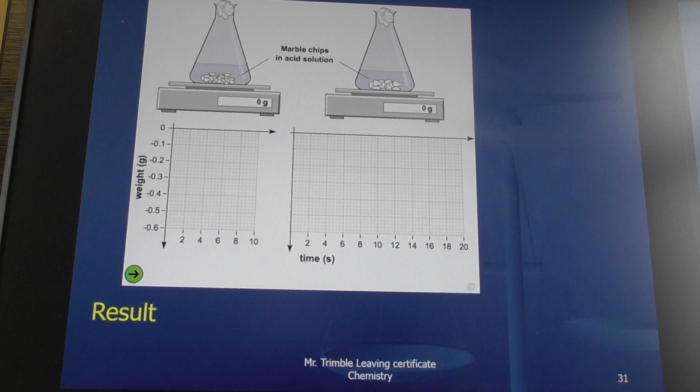And then on this side, you'd have larger chips. You have a lot of surface area exposed here, not so much surface area exposed here. You allow the mass to decrease, as it will decrease, and indicate then the drop. And you'll find that the rate of decrease of mass of this one will be quicker than the rate of the decrease of mass of this one. And that's simply because there's more surface of the calcium carbonate exposed to the hydrochloric acid,